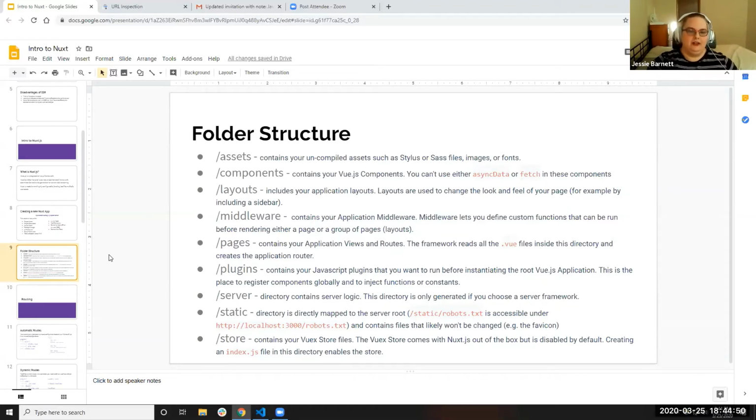So it does make all of your uncompiled assets go into assets. Assets are going to be anything that you don't need to run through any sort of compiler. In this case, it comes shipped with Webpack, so anything you wouldn't want to put through Webpack. Components are going to be the smaller details on the page. Layouts are going to be like full page layouts. It kind of creates them by default, but layouts aren't something that you have to use